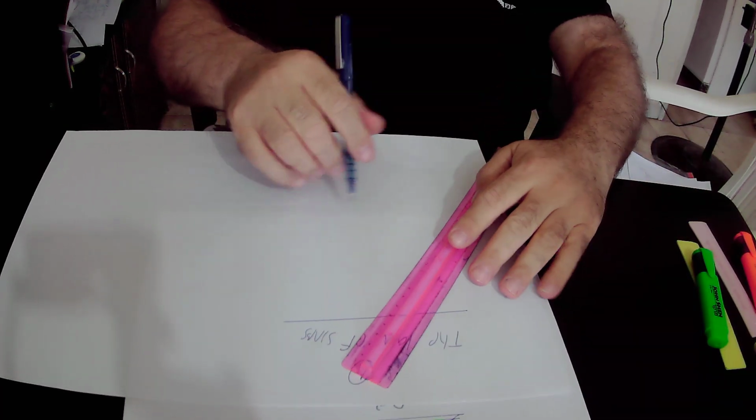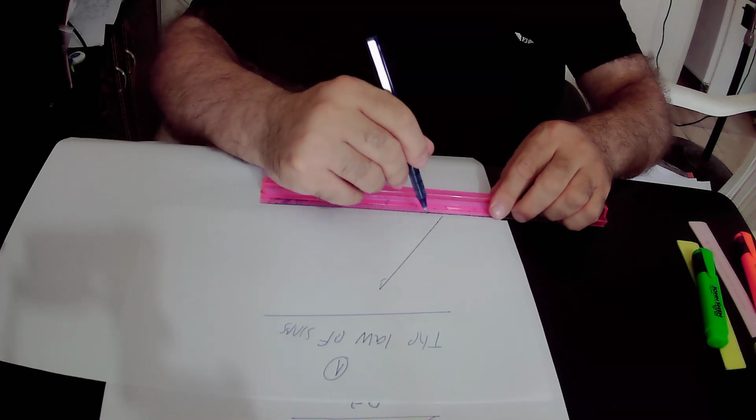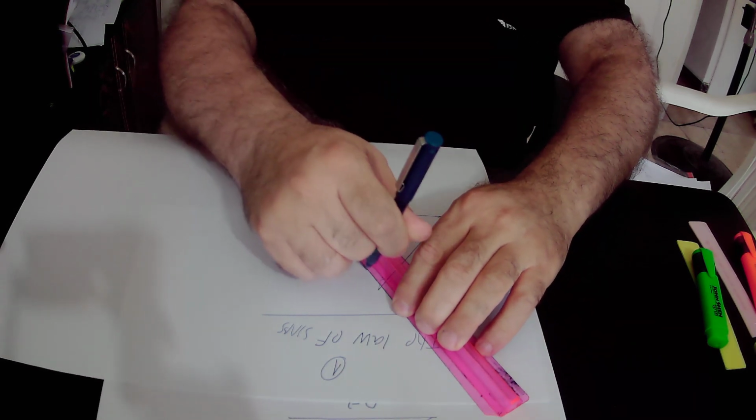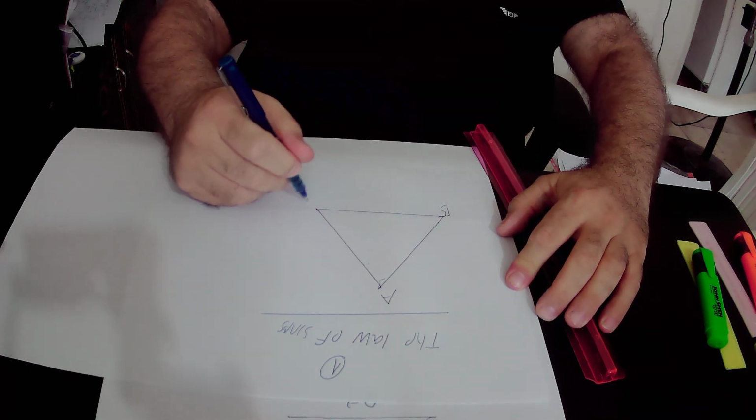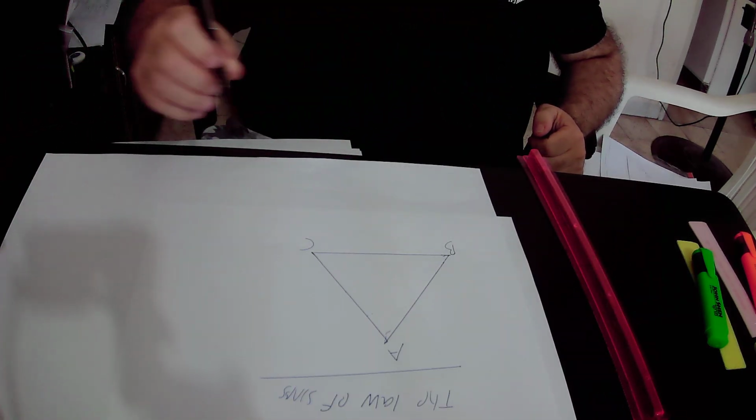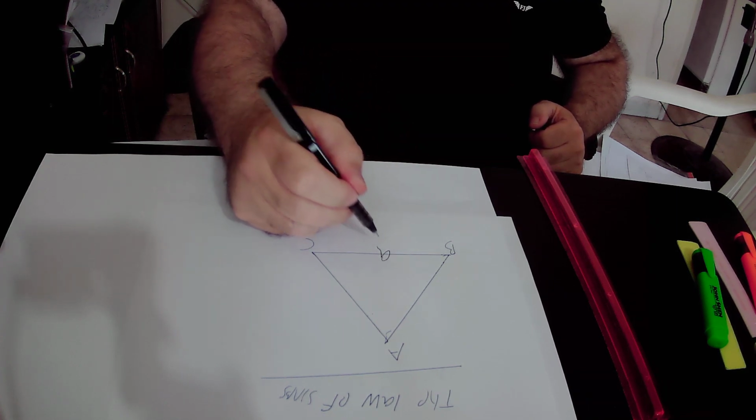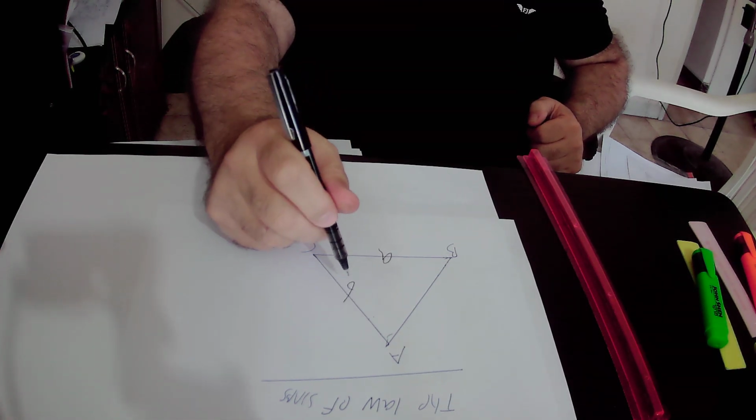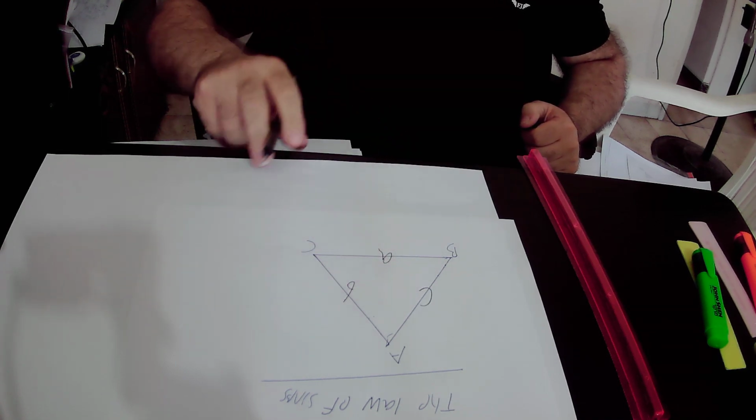So if we have triangle ABC, that could be any triangle. This is triangle ABC. Side BC of triangle ABC equals a units in its length. Side AC of triangle ABC equals b units in its length. And side AB of triangle ABC equals c units in its length. Then